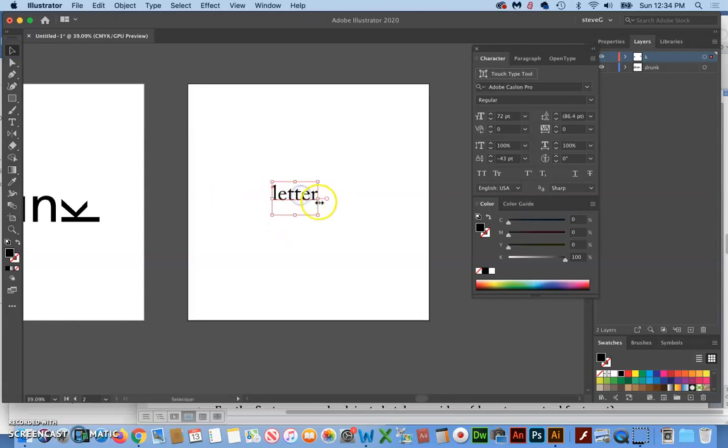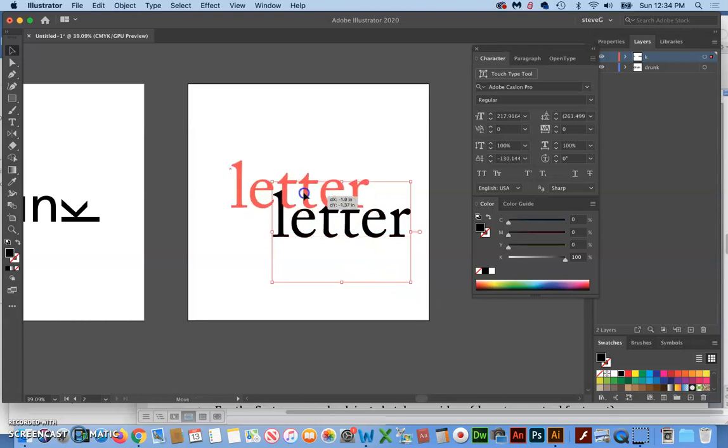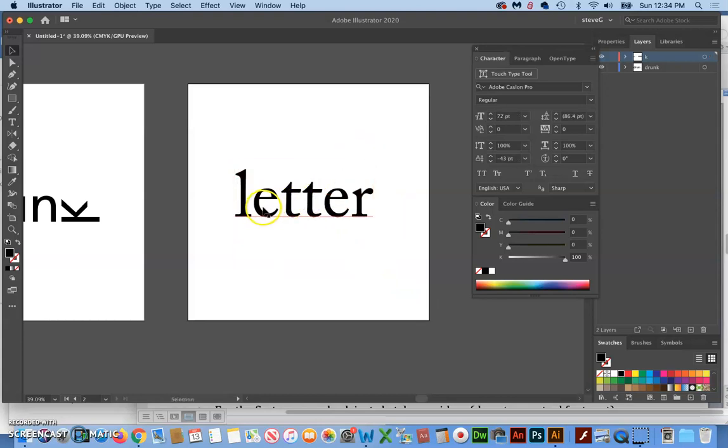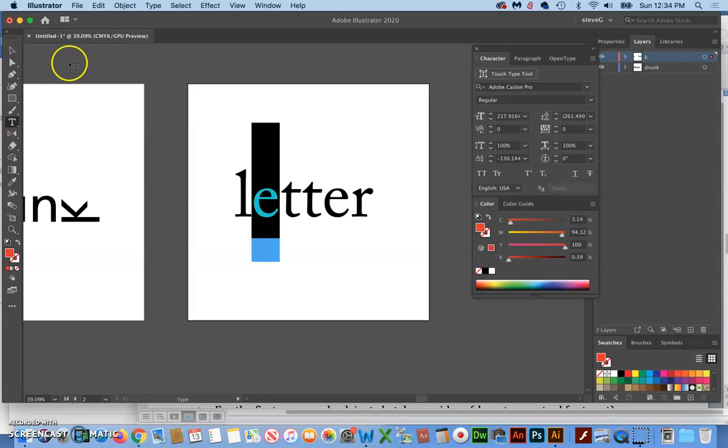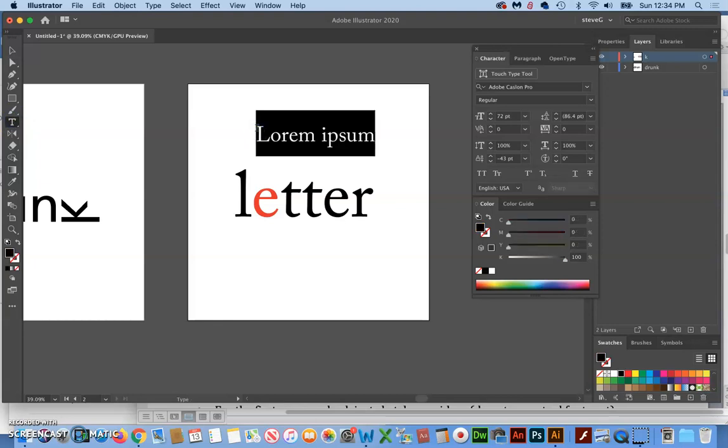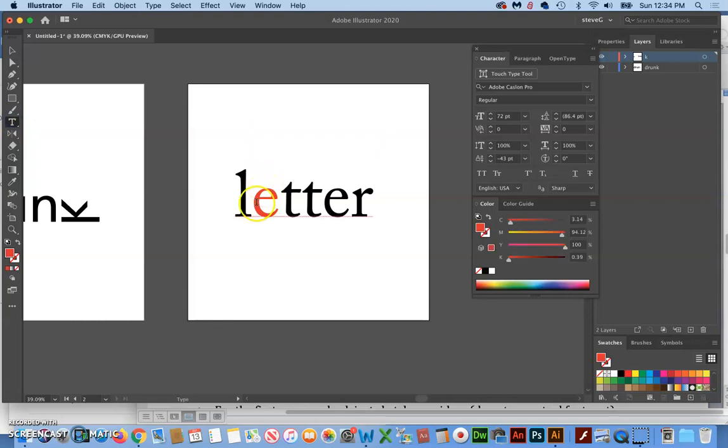And do this one in just Adobe Caslon because we don't really know what the solution is here. And let's just say it was this letter E that we needed to adjust. So I'm going to do the same thing that I did before. In fact, what I'm going to do until I get this exactly where it should be is I'm just going to make it a different color, and then I'll come in, nope, I don't want to do that. Actually, what I want to do is just copy,